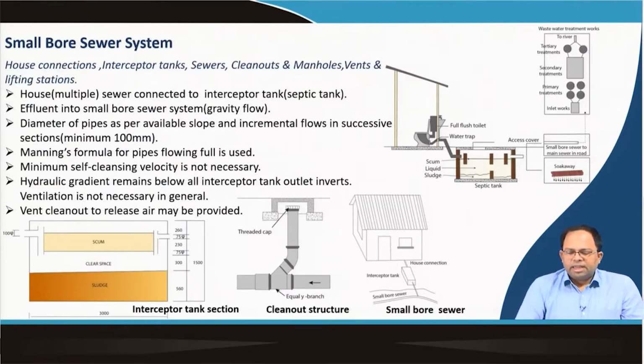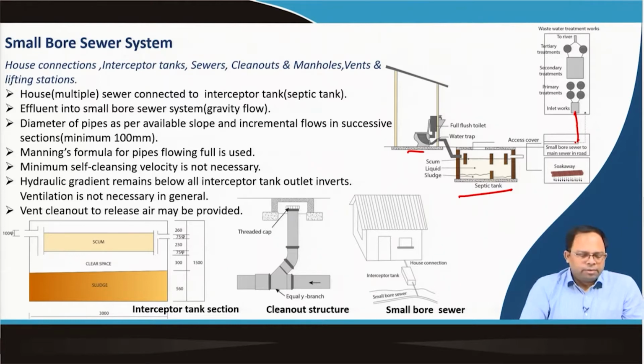So, how is the system designed? We have the toilet, this is our septic tank, and instead of a soakway or a dispersion trench, we can connect it with a small bore pipeline to the main sewer line, or it could be taken to an independent treatment unit as well. It could be a treatment unit like an upflow filter which is far away from this community, or a common treatment plant for this community, or it could be connected to the standard conventional sewerage system which is already there in this particular urban area. In many cases slums are connected to the standard sewerage system like this.